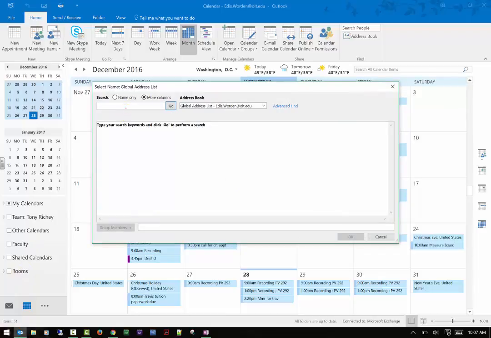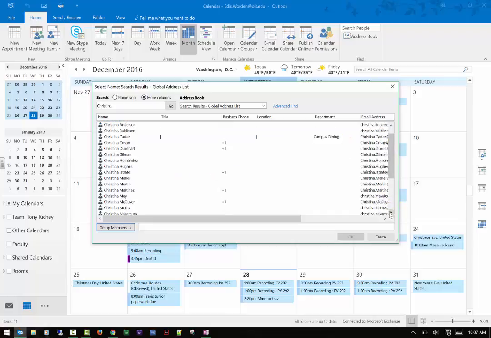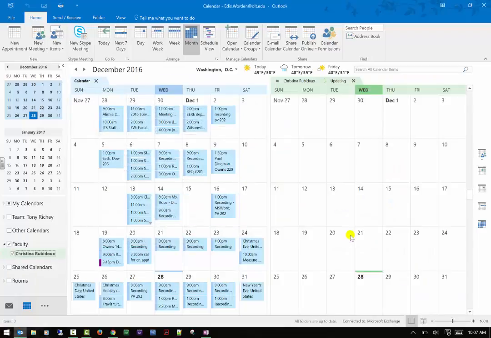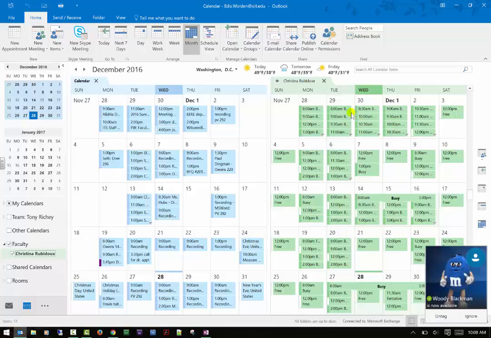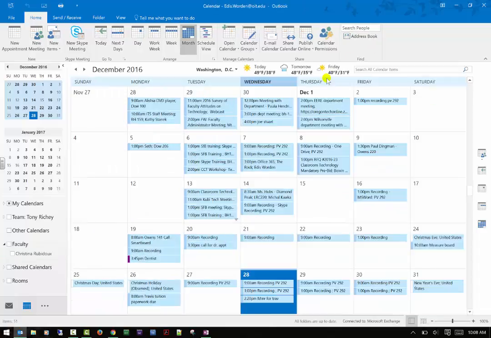And now I can add anybody I want to that view. Let's go ahead and I will pick Christina Rubido. We work together, so it's kind of nice to be able to recognize somebody I worked with. Maybe we want to have lunch one day. So this actually shows me her schedule. It doesn't tell me what she's doing. So like if I highlight over this, and I just want you to be aware, it doesn't say what she's doing. It just says she's busy at the moment. So that's the only thing you will get out of that, unless you give them certain